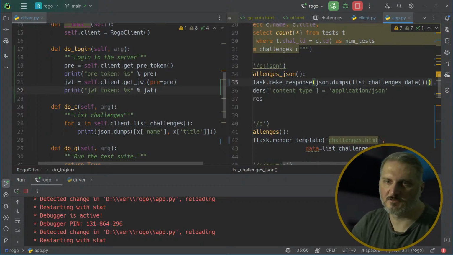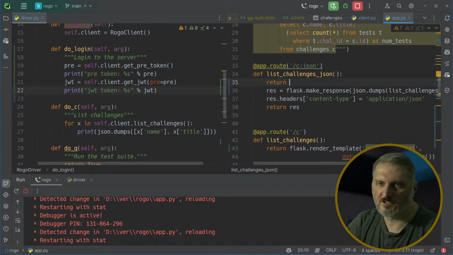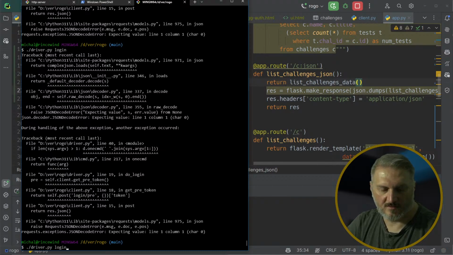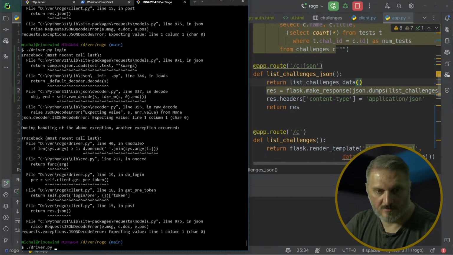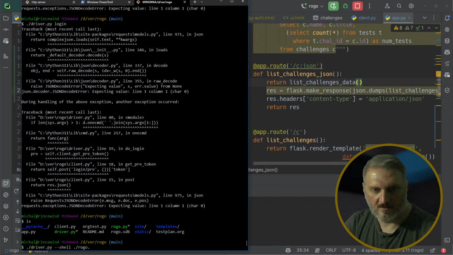But actually, it looks like all of this could be just return this, right? Driver.py, rogo.py, dot shell. No, it's backwards. Rogo.py